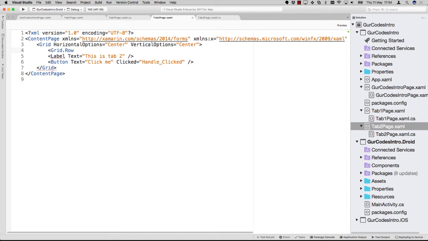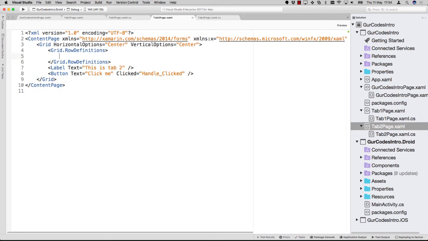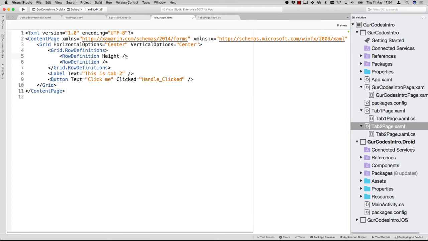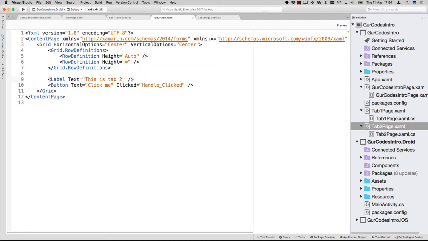So if we were to create the same layout as with the stack layout, you would here have to put in the row definitions, and this would have a row definition. Actually we want 2, and we can give them a height, which can also be auto or star if you want to take up the whole height that is available. And you can now say per control, okay, this is on grid row 0, and this should be on grid row